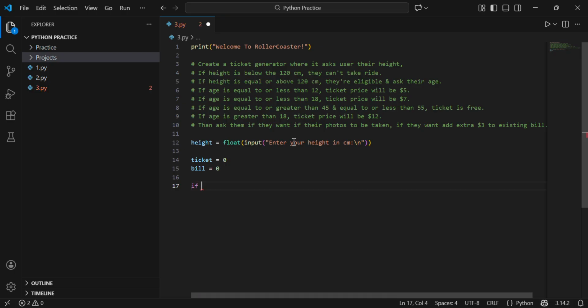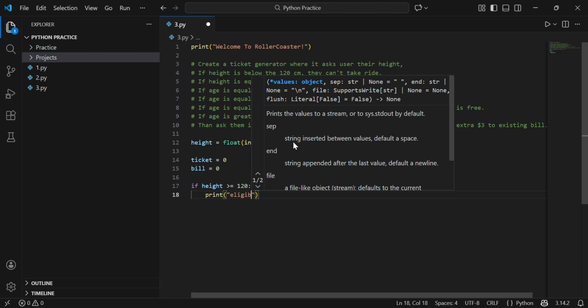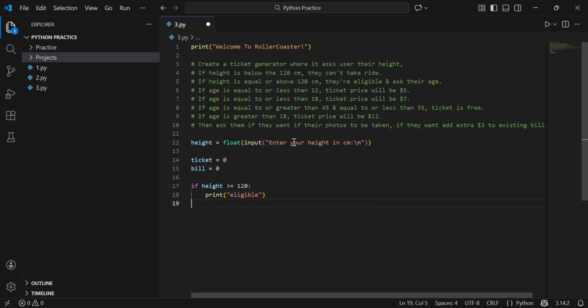So we will start: if height is greater or equal 120. Else, not eligible. Okay, so when this check is passed,